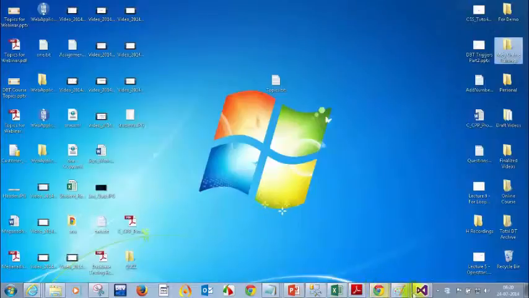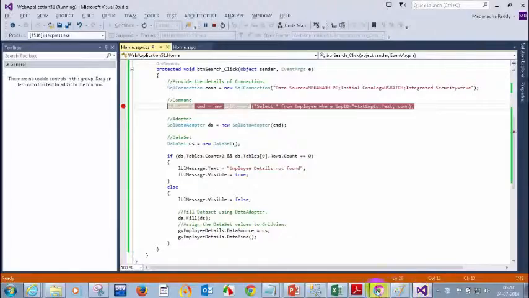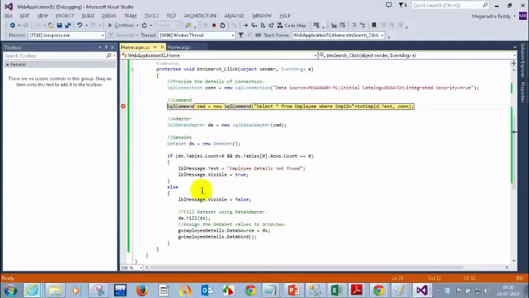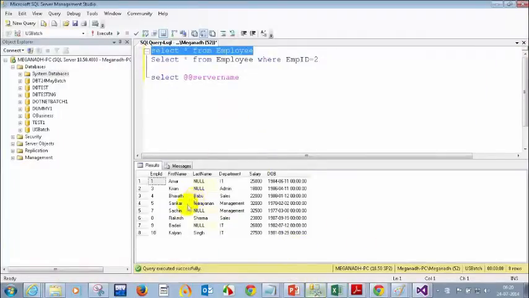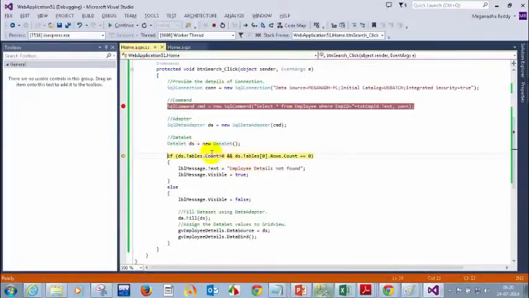Click on 5, click on search, and press F10. So I have this command: select star from employee where employee ID equal to 5. Let me check, I have employee 5, Shankar. And then I have this count value is 0.